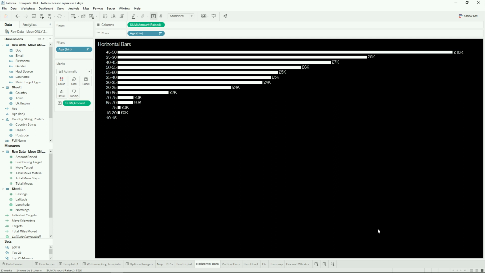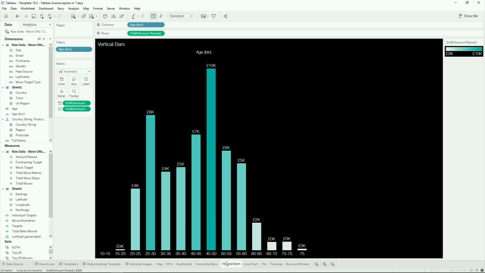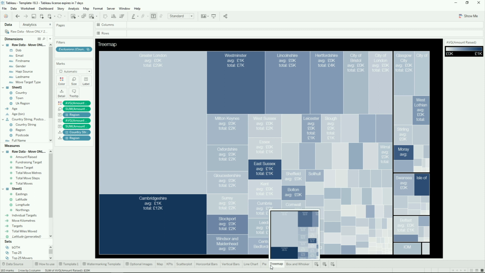And the reason for this is that they can then take advantage of that copy-paste formatting trick that we saw before. So if a new user comes in and makes a vertical bar or a tree map, for example, they could have their new workbook on one side and this style guide on the other. And all they would have to do is copy and paste the formatting from one workbook to another. So you don't have to copy the sheet from one workbook to another. The formatting copy-paste still works in between workbooks.